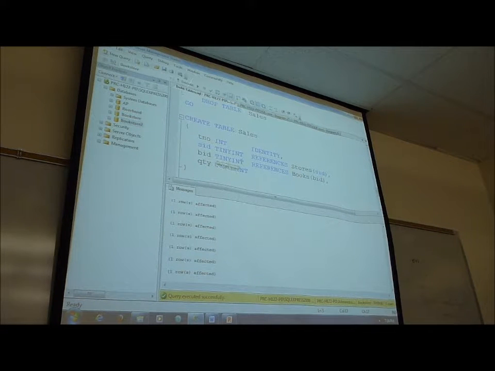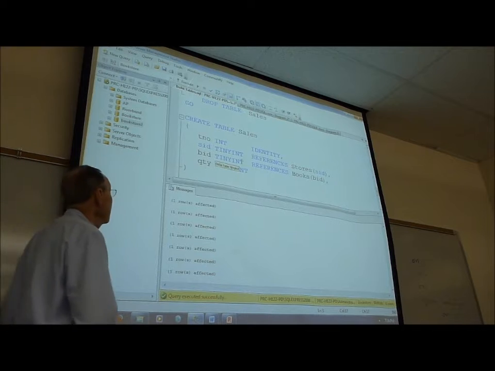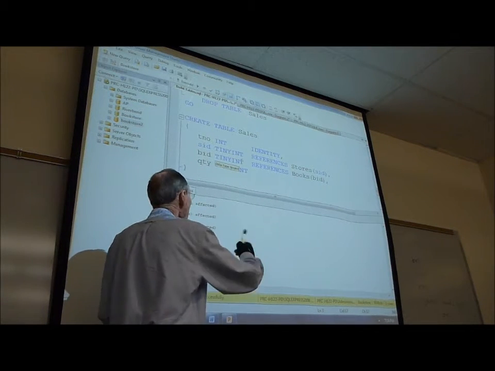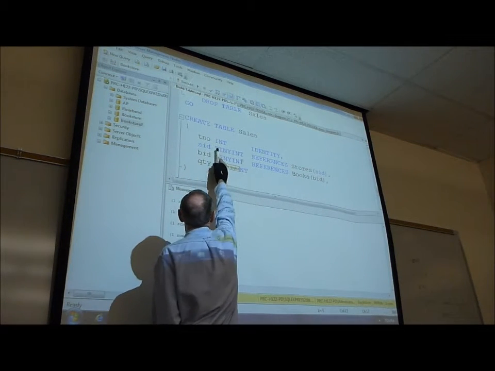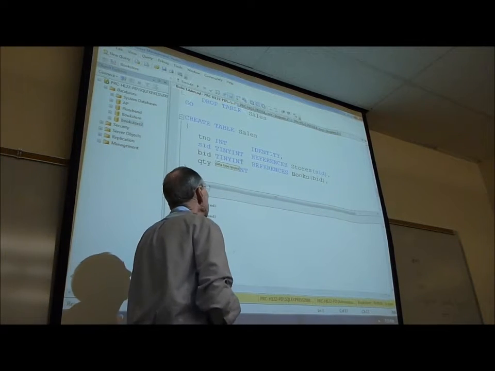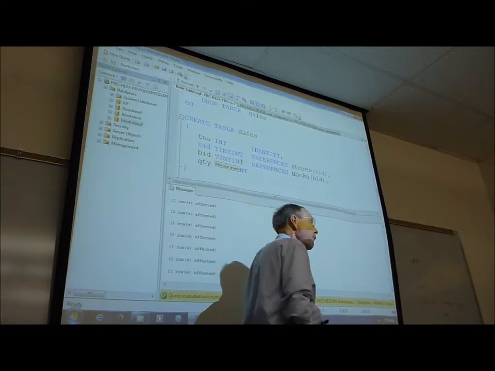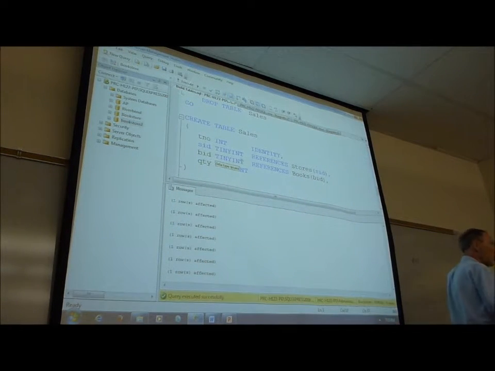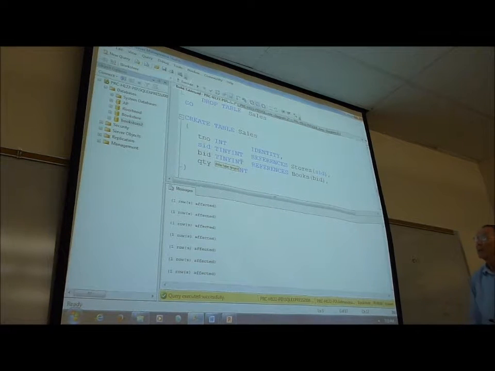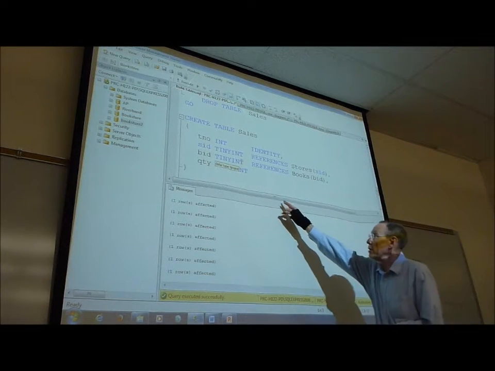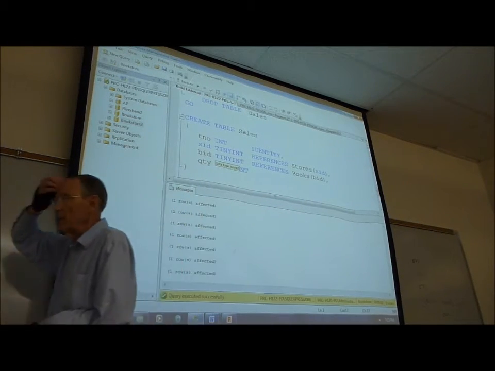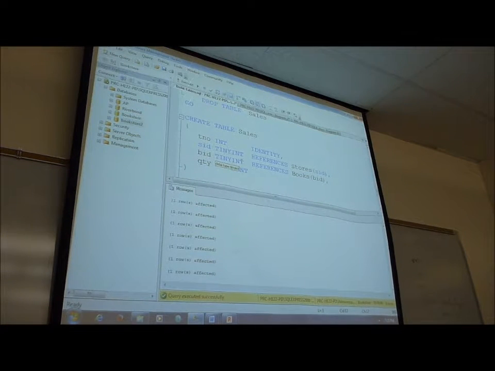And notice what the sales table is. It's really got one primary key, and I don't have to call it that. And it's got really two foreign keys. So those are going to be the things that match up with my tables. And then I've got the quantity. So if you execute this, okay,